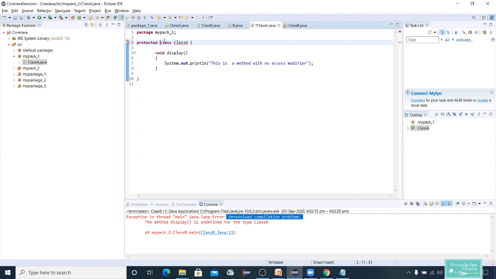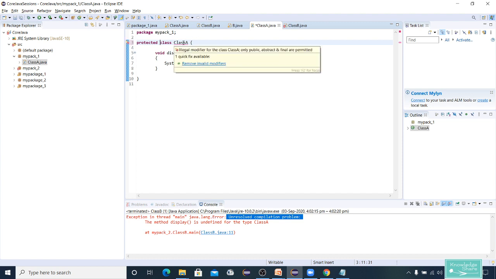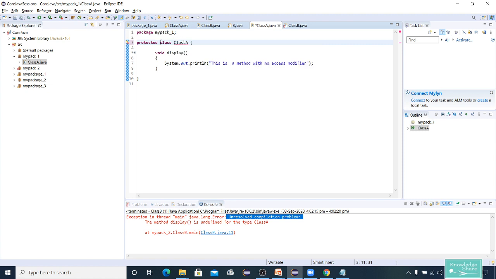You can see the error: illegal modifier for the class A, only public, abstract, and final are permitted. We will come to abstract and final later, but now we are discussing access modifiers. So what is allowed? Only public and private, or default, in the sense of no keyword. Again remember, if you just declare class A, that means class A is default.